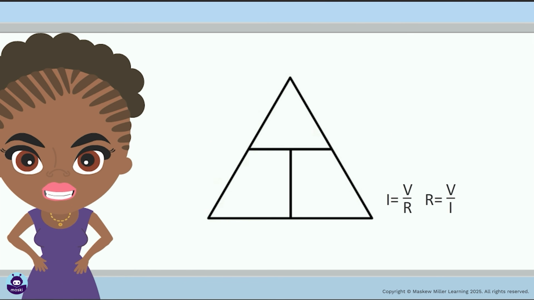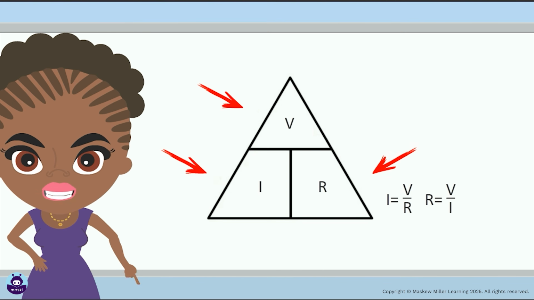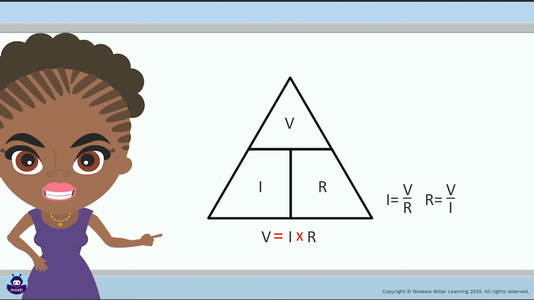An easy way to remember Ohm's law is to draw a triangle divided into one top segment and two bottom segments. Write V in the top segment, I in the bottom left, and R in the bottom right. If you want to calculate the top value, voltage, multiply the bottom values, current and resistance, by each other. If you want to calculate one of the bottom values, current or resistance, divide the top value, voltage, by the